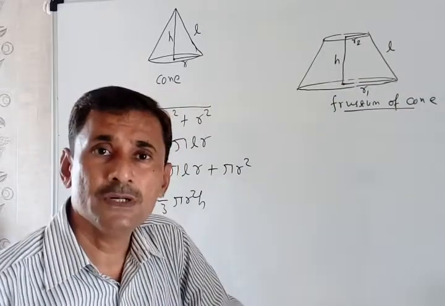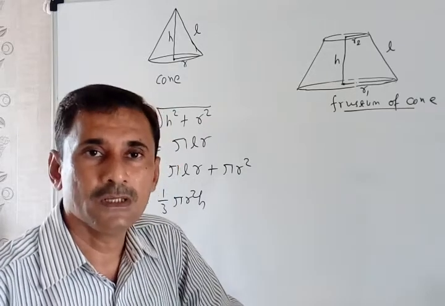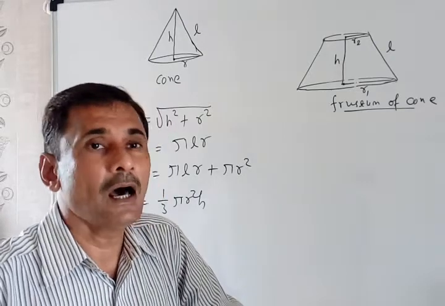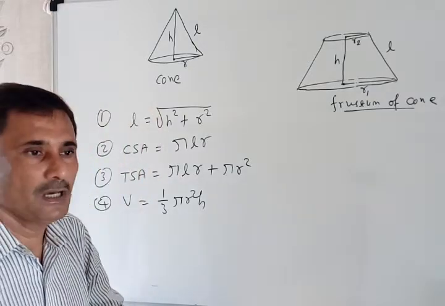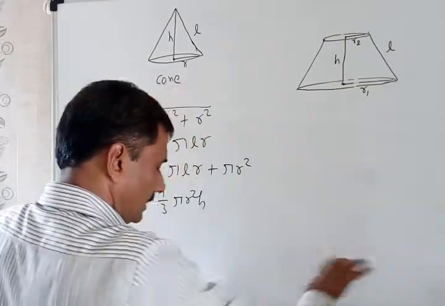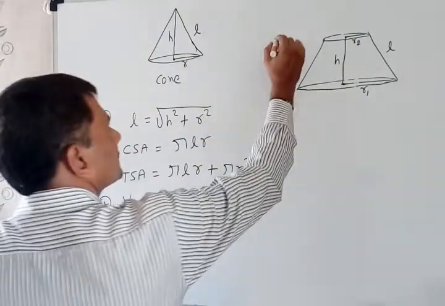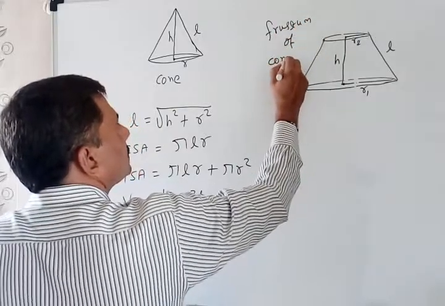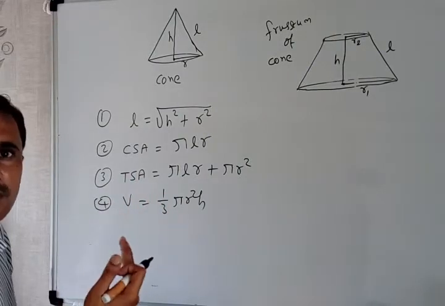Now, you come across many shapes of frustum of cone in day-to-day life: drinking glass, bucket, some caps are of this shape. Now, how to remember the formula? I am not saying how to derive the formula, I am just saying how to remember the formula from cone. So for frustum of cone, we try to remember the formula and relate both shapes' different formulas.